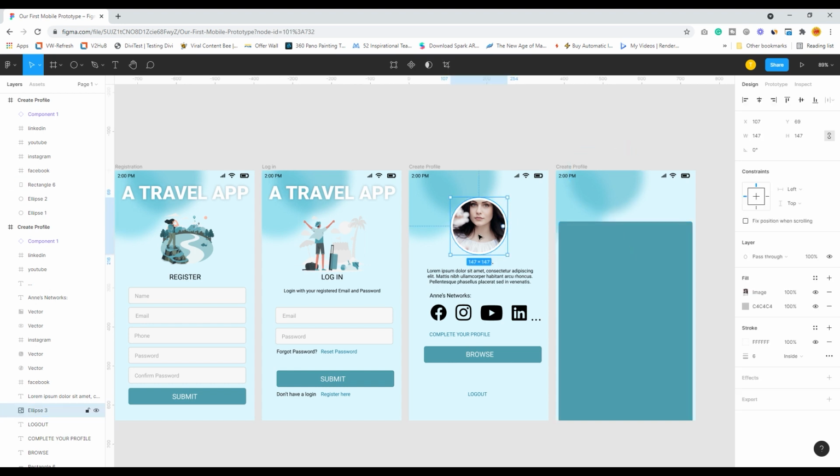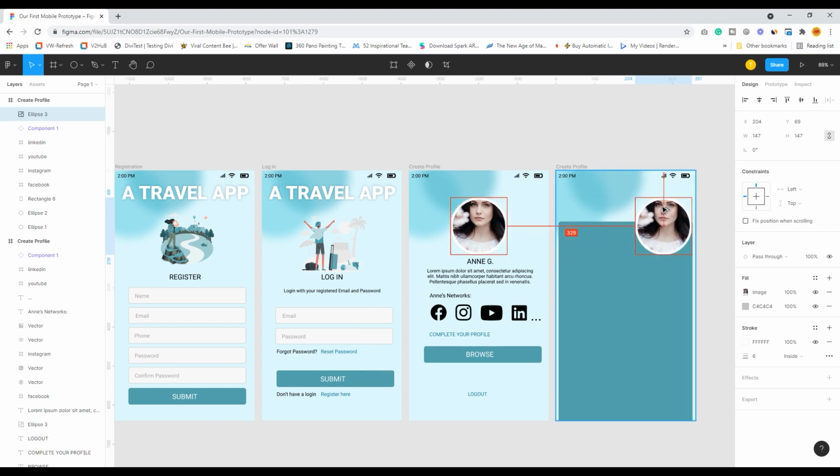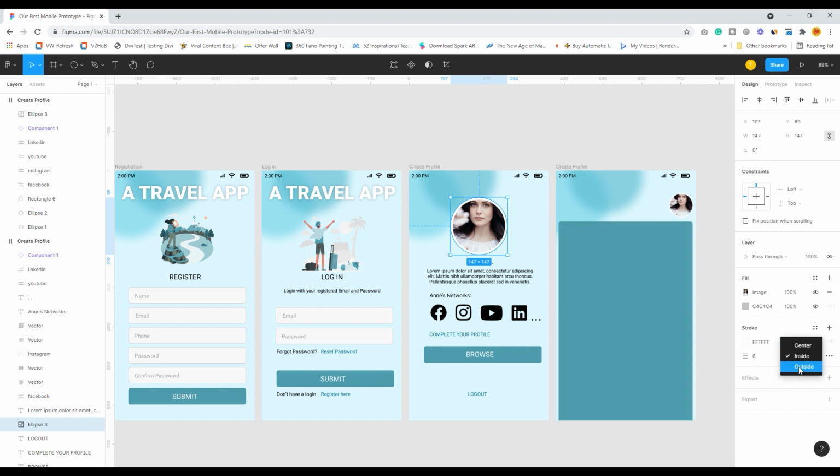I will show why I have done this. I will take this and alt shift, take it to the side, scale it down. The stroke I have over here, I will reduce, and you can click on this and put it outside.